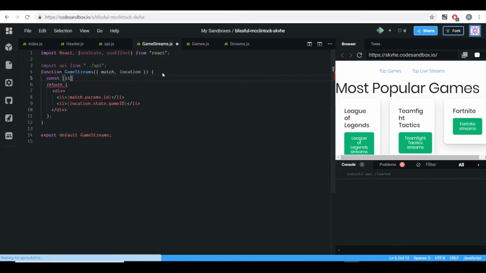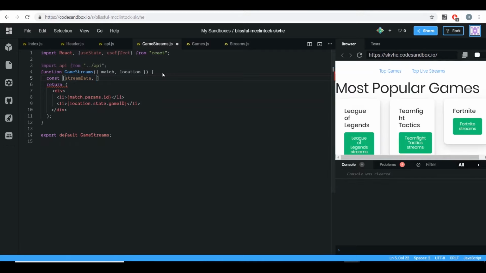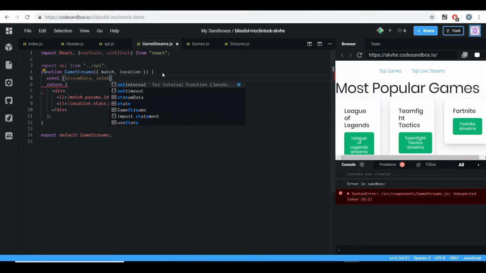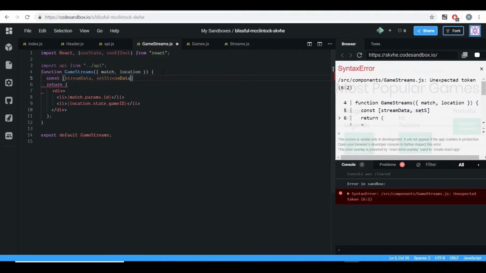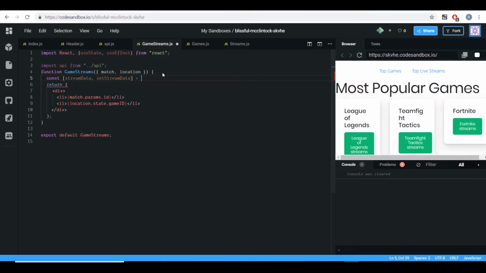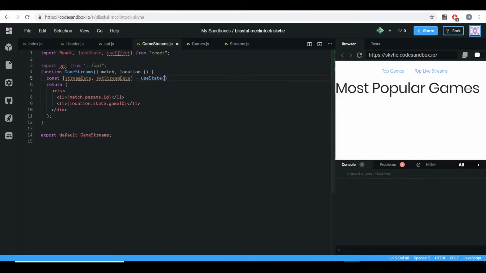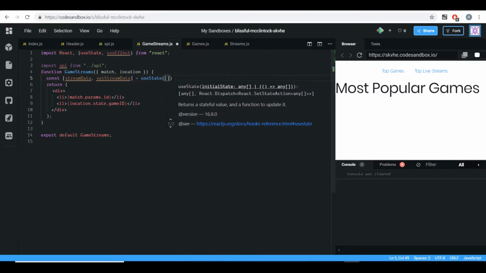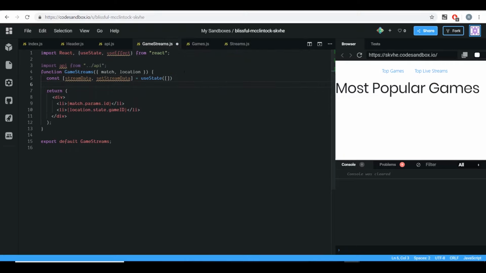We're going to do stream data and set stream data equals use state. We're going to do again an empty array,